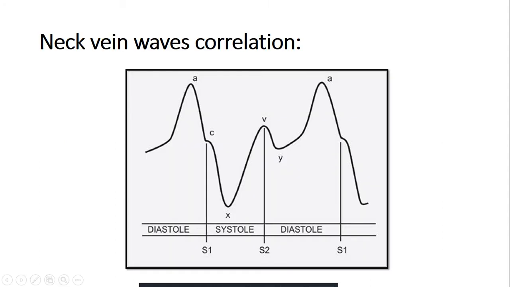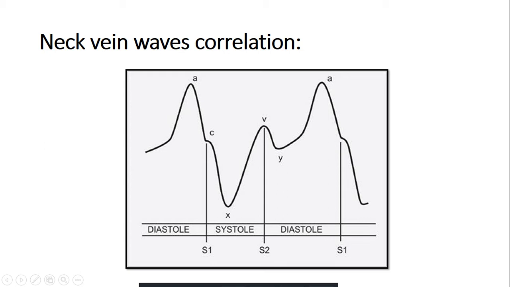In the last video, we saw the venous pulse wave tracing: the A wave for atrial contraction in the late diastolic phase, followed by the C wave, very small, not seen clinically. It is related to tricuspid valve closure and isovolumetric contraction in the right ventricle. And this is the X descent, because of the right atrium pressure drop to receive blood from the systemic circulation, and then it's followed by the V wave, which is the start of